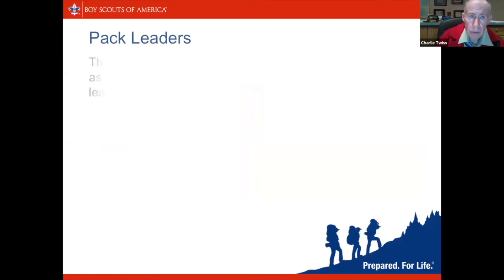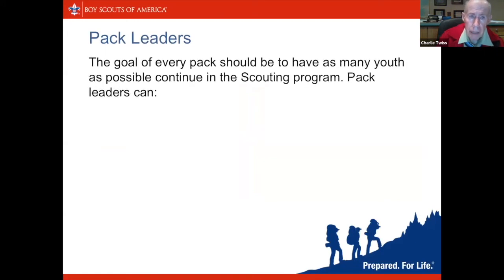Leaders, what do we do? Every pack should have as many youth as possible continuing in the scouting program. That should be the bottom line goal for every leader in that pack: den leaders, assistants, Cubmaster, assistant, all the committee people. We have a great program and we want to sell as many people in the community as we can to